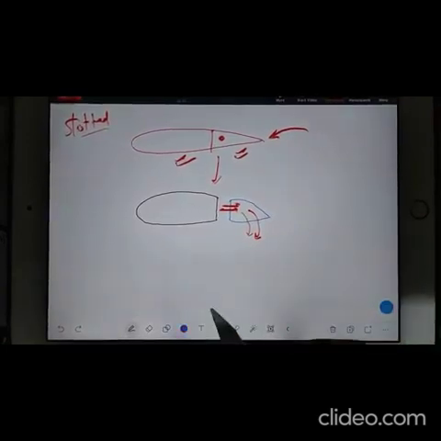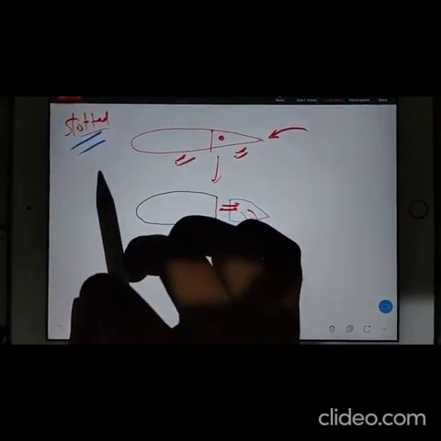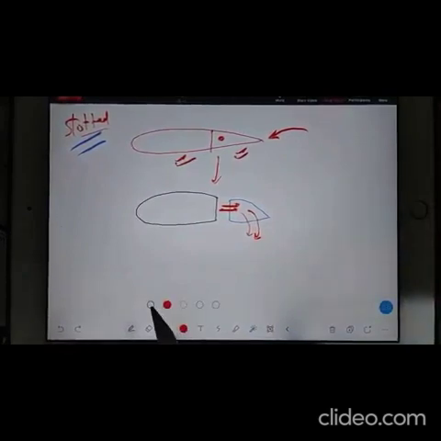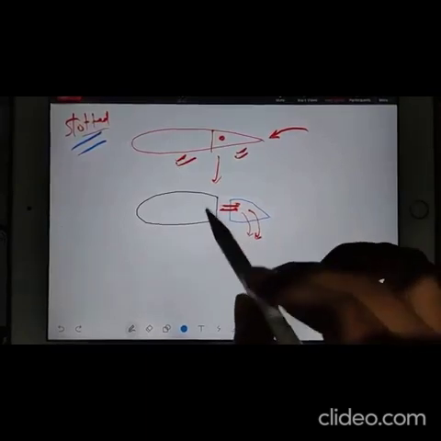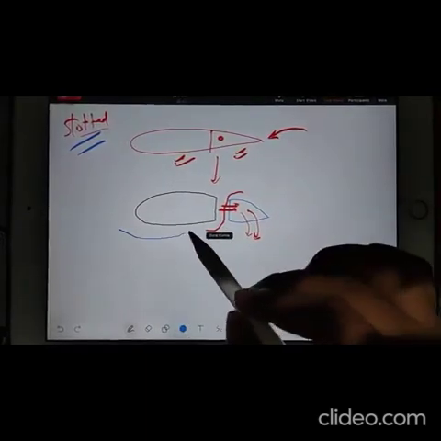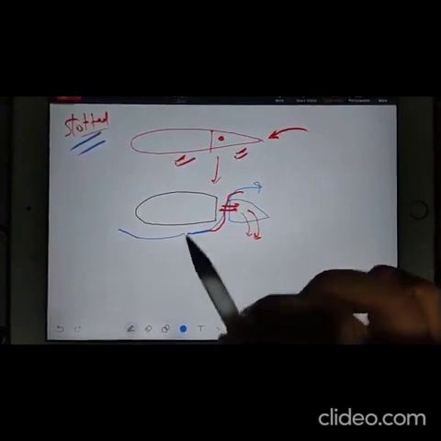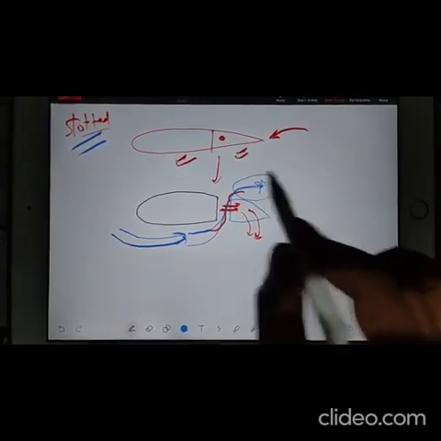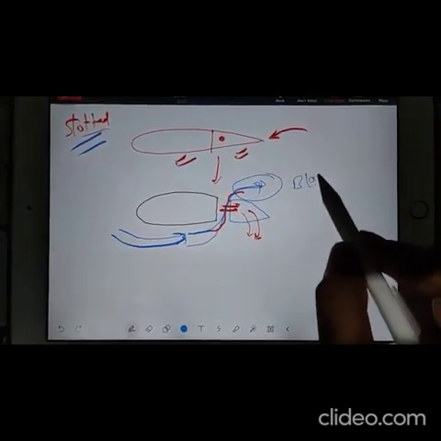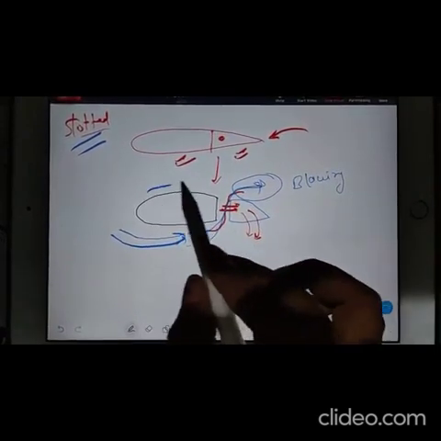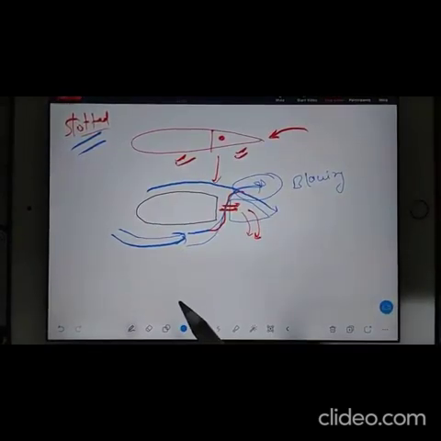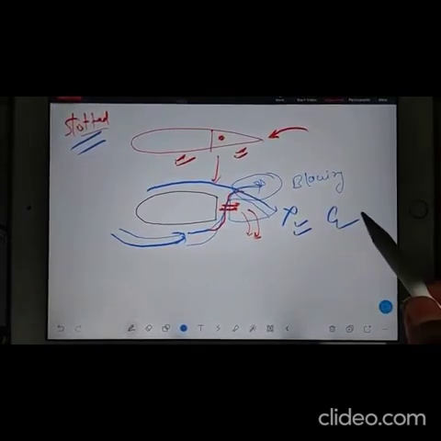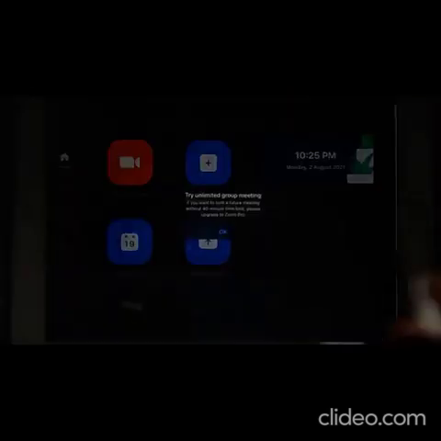So here what happens, in slotted flap we get an extra advantage. What is the extra advantage? Can someone guess the extra advantage here? Okay, it is so early to ask. See, whatever air goes like this, air goes like this, then it goes like this. So this air behaves like blowing, and it will help the incoming molecules to jump to this side. Because of that, we don't lose lift. It means we get extra CL in this case, and of course we get extra lift.